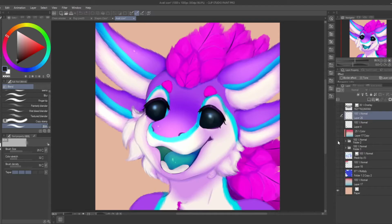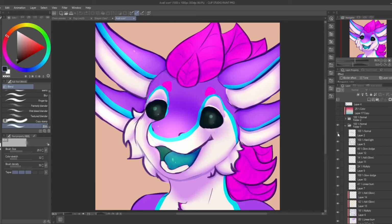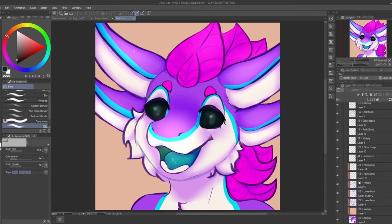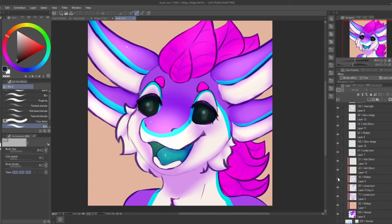I merged all these. Hold on. Okay, actually, I didn't merge all of these. Eyeballs. Okay. So this is before it's painted, obviously. So, I gotta turn all this lighting off. Okay. So this is